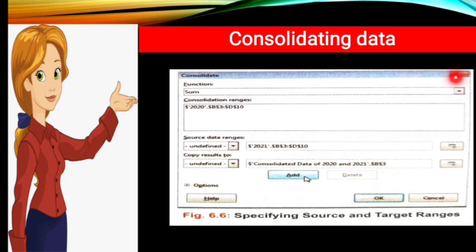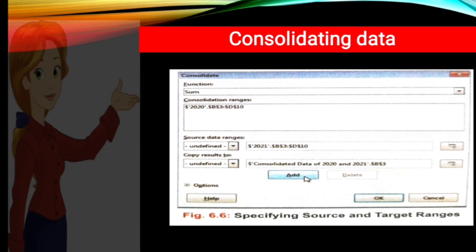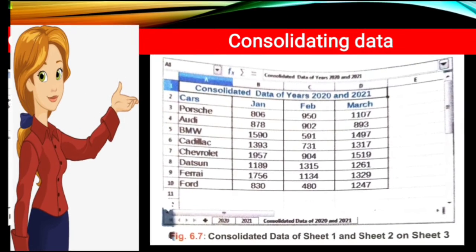Firstly that is a drop down list. There are options available related to function. We select the sum function here. After that we go to the first worksheet and select the range of the data which we want to consolidate. First data enter, after that the add option, and that is the data source range and the other worksheet address here, and copy the result to the third sheet and click on OK. When you click OK, then your data enters in your third sheet.